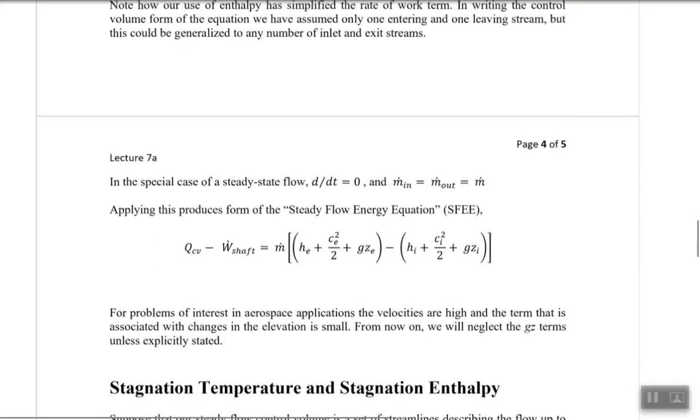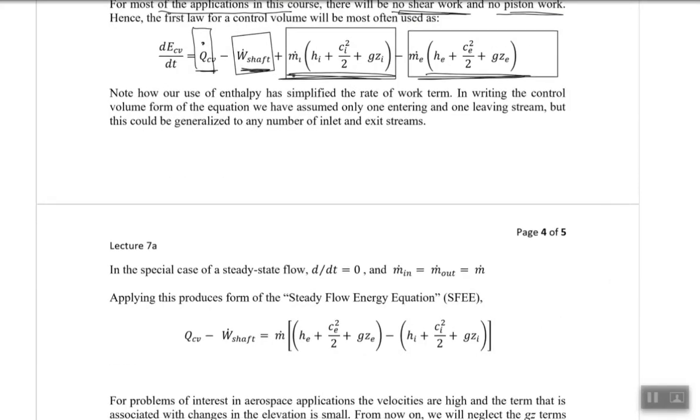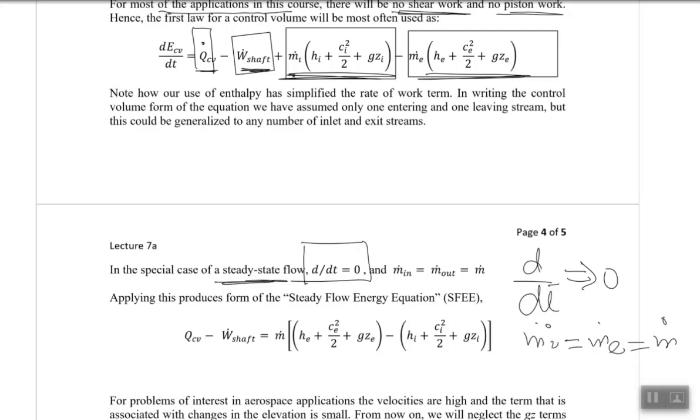So for our special case, we did say there would be a rate of change of energy transfer, or in other words, there was a conservation of mass and there was a conservation of energy as well. So we were talking about the steady flow equation in which the rate of change was equal to 0, and in that case mass into the system was equal to mass out of the system, and that was equal to the rate of change of mass. So in the special case of the steady flow, which is now explained, the rate of change is equal to 0, and mass in and out of the system is equal to the mass flow rate. So the above equation would be rearranged as heat transfer minus work done,